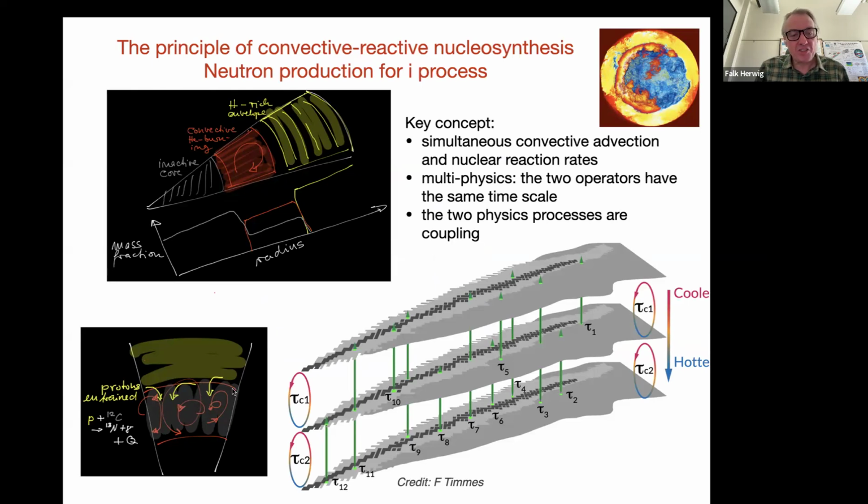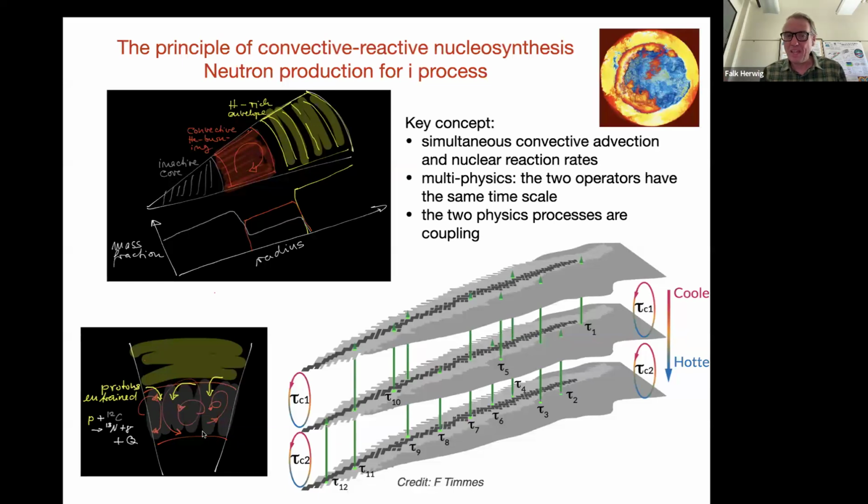And above the helium shell convection zone, there is stable material with a lot of protons that are not yet burned. The protons are ingested on a dynamic time scale into the convection zone. And halfway down, the temperature is high enough for rapid production of nitrogen-13. As a matter of fact, the nitrogen-13 has a half-life, which is about the timescale of the convective turnover, 10 minutes. And so the nitrogen-13 can get to the bottom where the temperatures now are 270 million Kelvin. And when the nitrogen-13 decays to carbon-13, it will immediately release a neutron through this carbon-13 alpha N reaction that